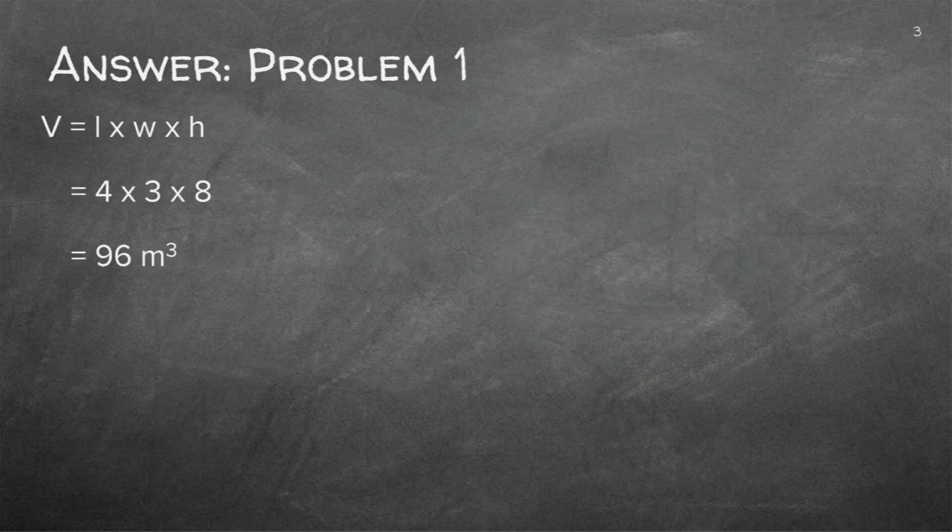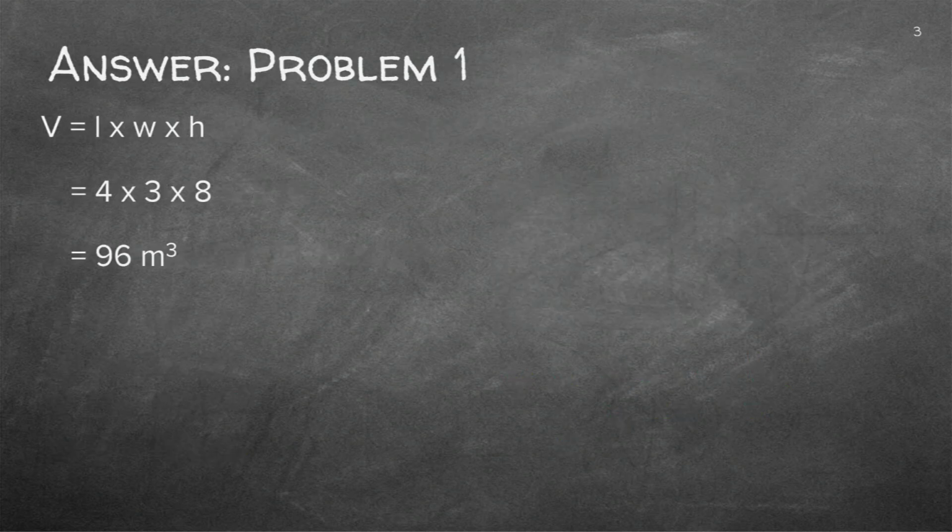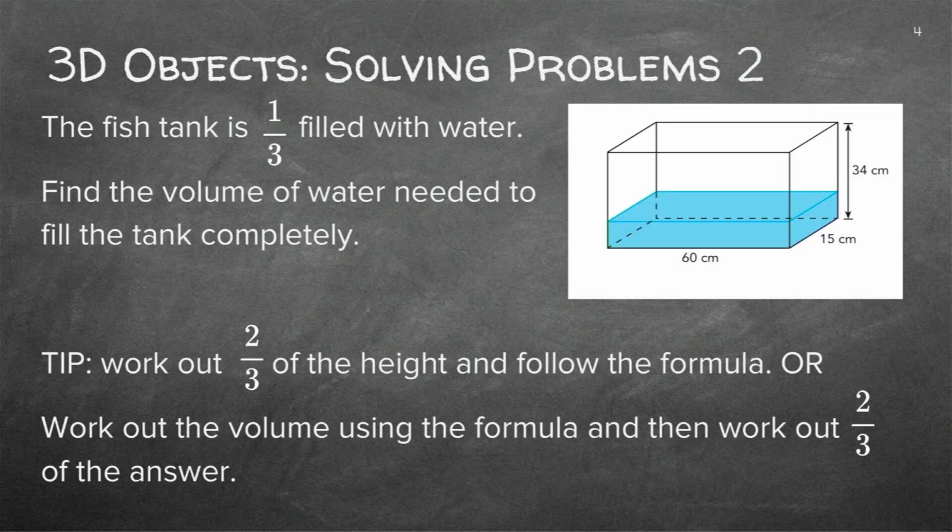Let's see who's got it correct. Right, 96 cubic meter. Make sure that you see there's one, 96 meter, I think this was sec 2, just to throw you around a bit. So 96 meters squared or 96 meter cubed, and you're clever enough to know that it is 96 meter cubed. Okay, right, let's do the next one.